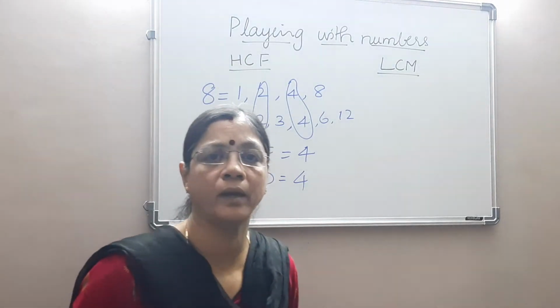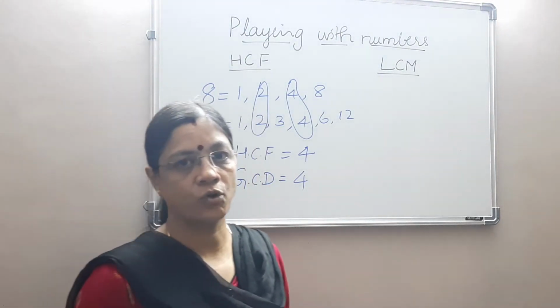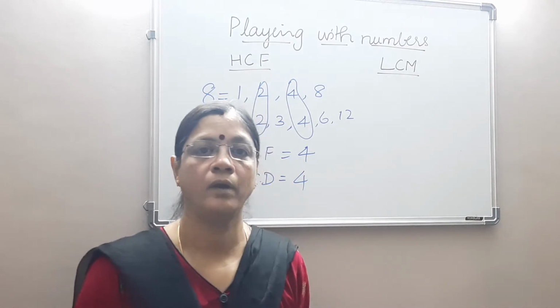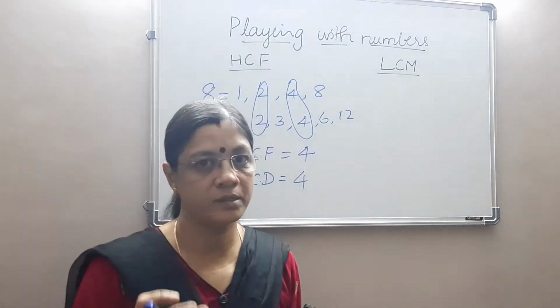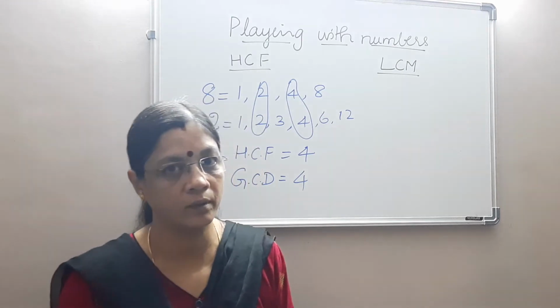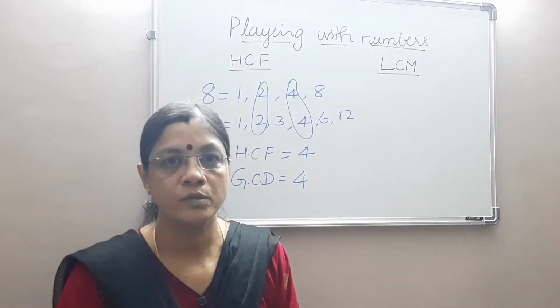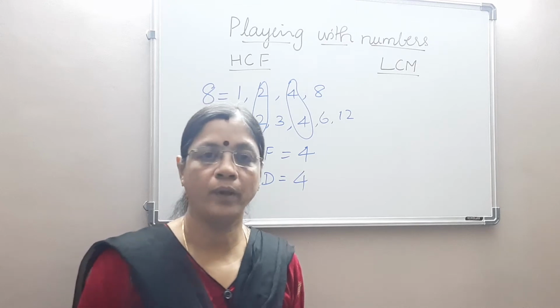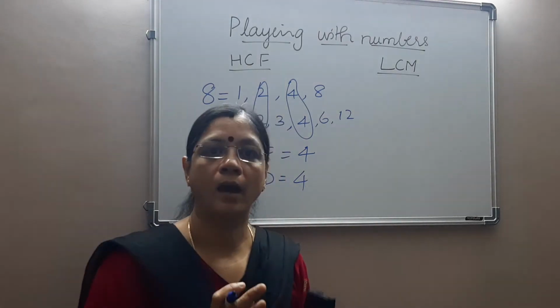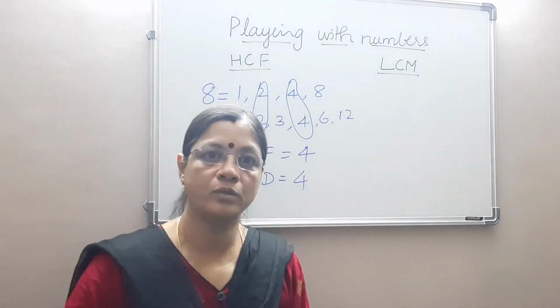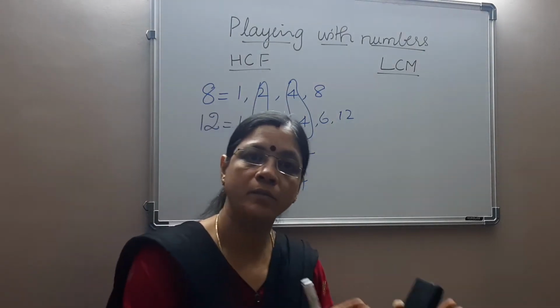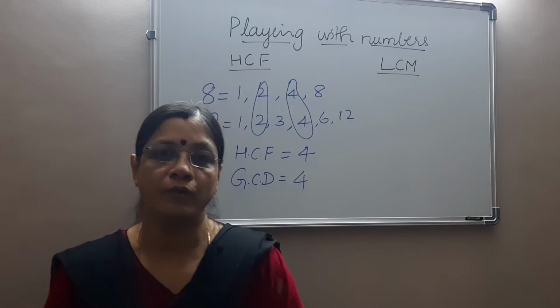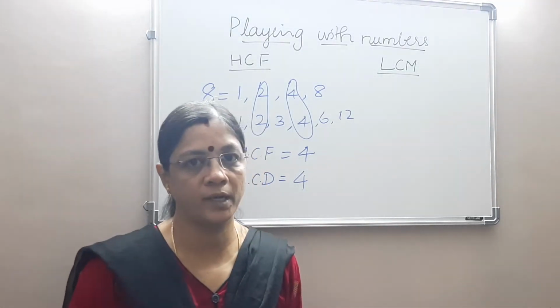Now where do we apply this concept of highest common factor in real life? We know factors are smaller numbers, isn't it? I've told you factors are equal to or smaller than the given number. So when we are given a number and we need to divide it equally, and we need a maximum number in each and every portion. Do you understand what I say?